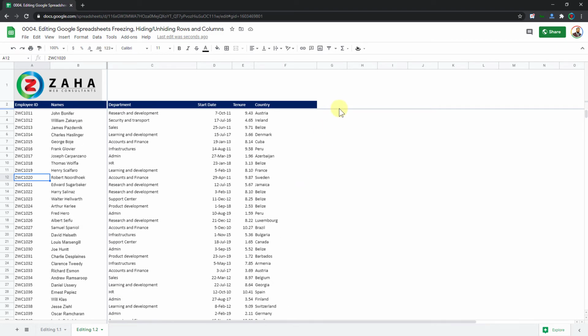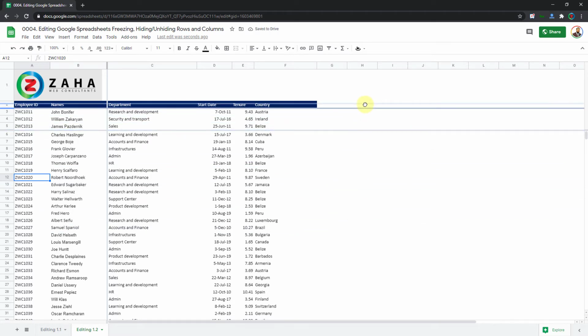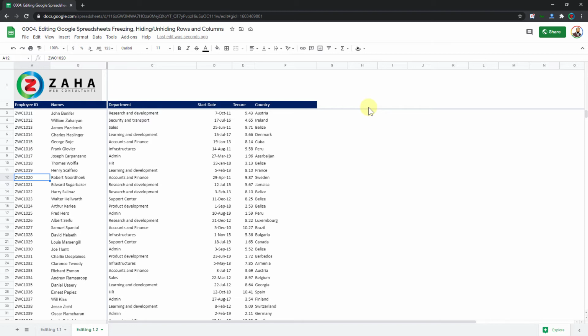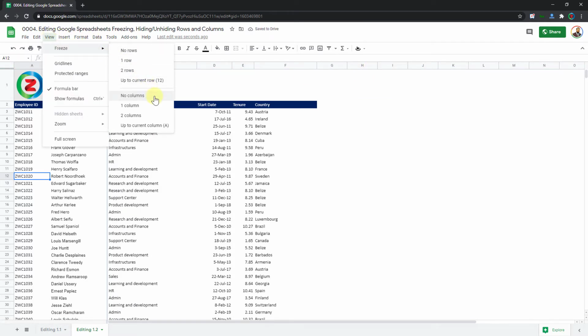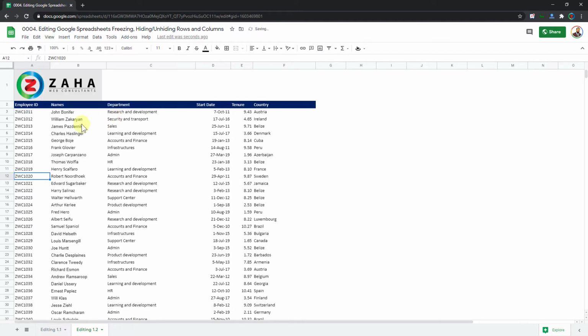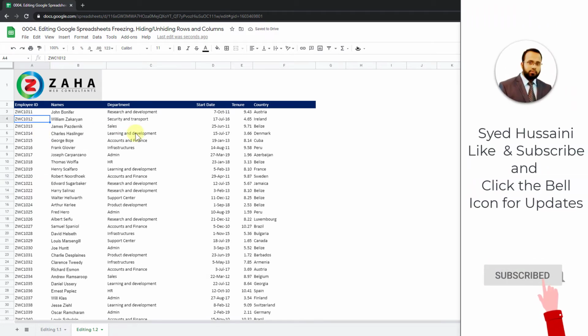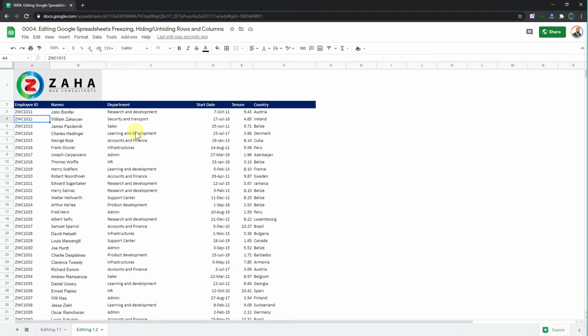Remember, we can freeze beyond any point, but if you have any merged cells, you cannot freeze inside the merge area. You have to go outside the merge area to freeze or remove the merged cells to start freezing from that point. So this is how we freeze rows and columns in Google Sheets. To remove freeze, all you have to do is take this line and put it back on the top or go into view, freeze, and you can see no columns. Since I have freeze on columns as well now, I say no columns and now the freeze is removed from my rows and columns. So this is how freezing and unfreezing of rows and columns in Google Sheets works.